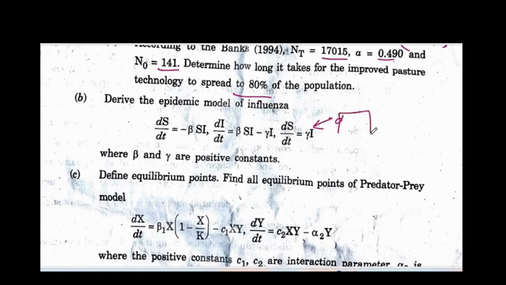So you'll start with the 3 compartments and you will write balanced law for each one of them. You will introduce what S is. S is the number of susceptibles, I is the number of infectives, R is the number of recovered, and so on. And then you will be deriving these equations after writing suitable assumptions and balanced law in words first. First you write it in words and then introduce the notations and then you write the model.